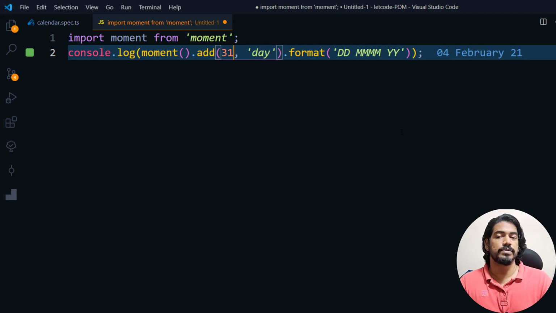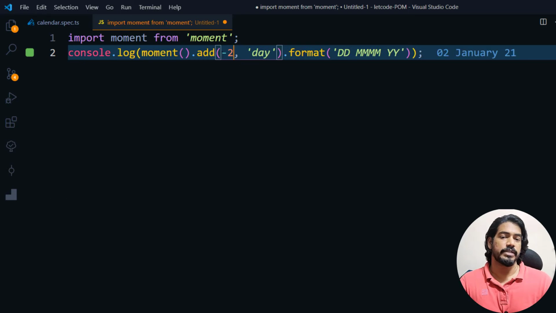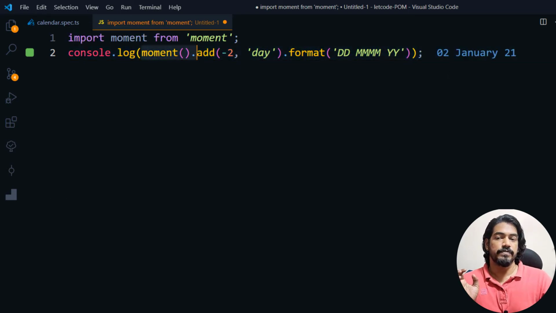Of course we can do this natively with the help of arrays and maybe the JavaScript date, but for the purpose of testing we just wanted to create utilities, so this package will help us in that way very much. Not only addition, we can do the subtract as well. So I can just pass -1 or -2, anything. So here you can see the date is getting changed, right? So with the help of this moment we are going to solve a few of the problems.